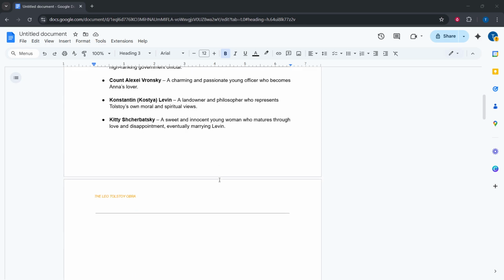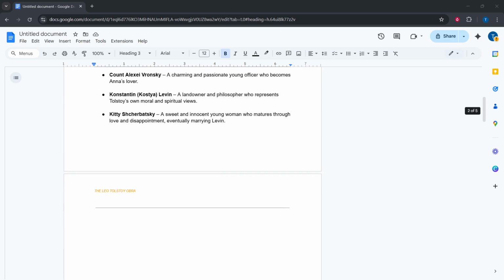Using a page break is especially helpful when you're organizing longer documents. It prevents text from drifting due to edits above, and it ensures that titles, tables, or images that need a clean start won't shift unexpectedly. It also helps when exporting or printing because the layout you see on screen will translate predictably to a PDF